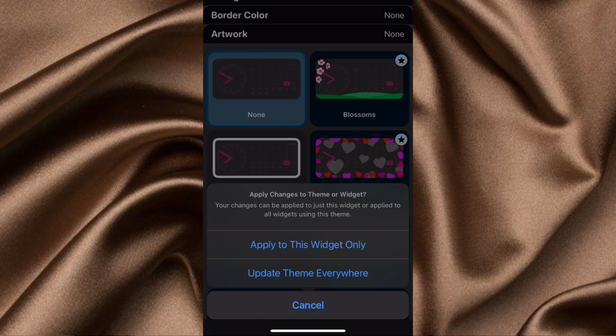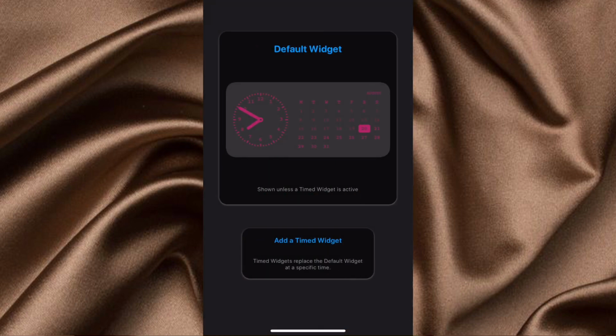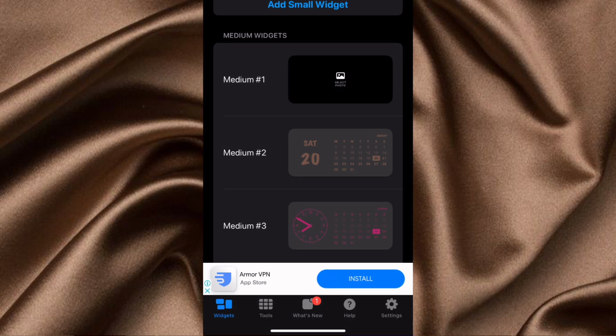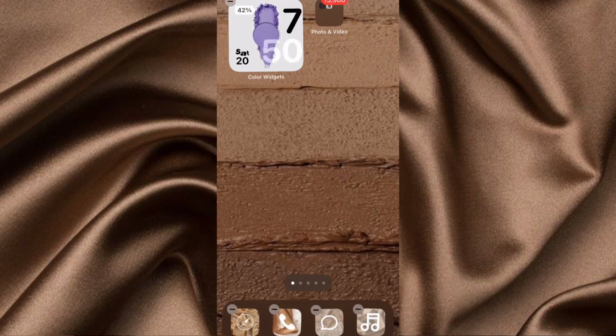So apply to widget only, or apply to theme anywhere, apply to widget. So now we can go back and save. So now you have to mark that it's medium 3. When you go back, you hold, add,